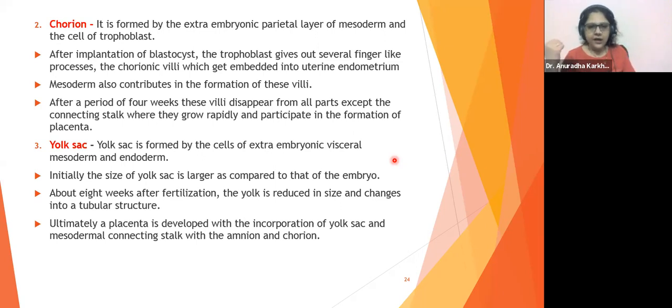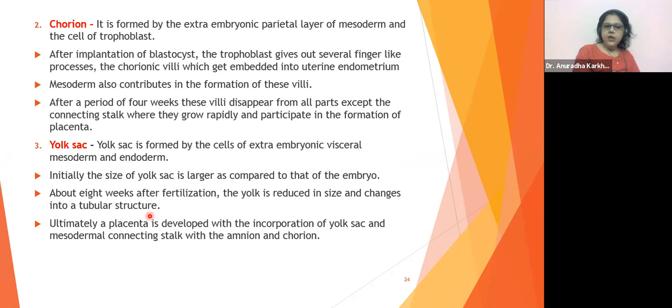The birds and all now, they have got a large yolk. So the development of the embryo will depend on the nourishment from this yolk only. But in case of human beings, our yolk will get condensed to form a tube-like structure. So the fetus cannot derive any nourishment from the yolk sac. Okay, so it has to depend on the placenta for nourishment. Now, just now you saw chorion is helping in the formation of placenta. Correct? Agreed? Okay.